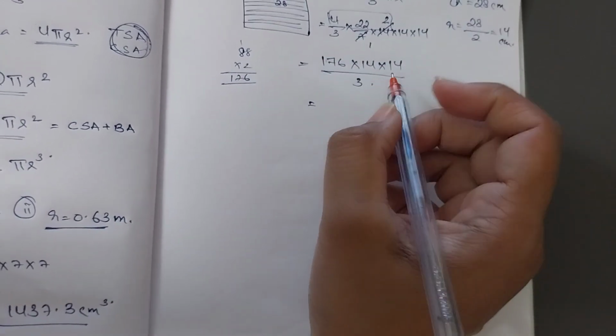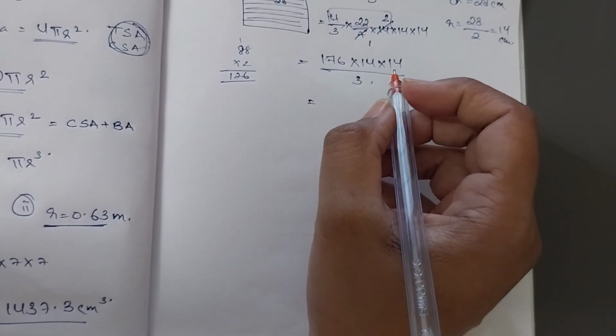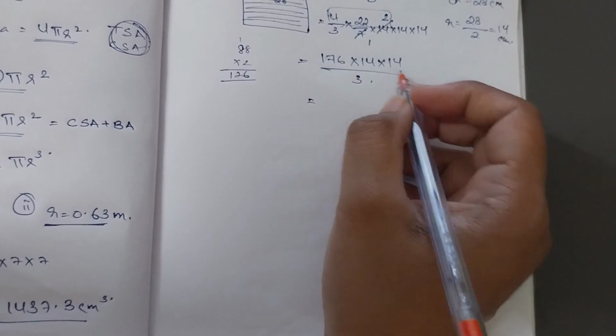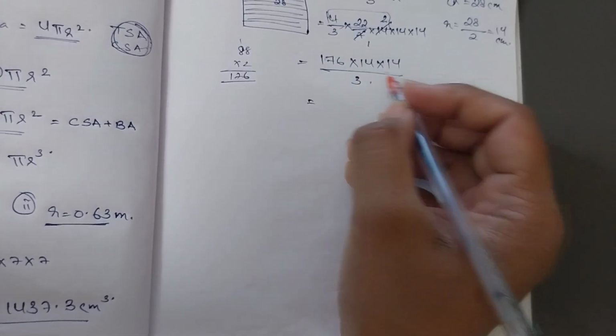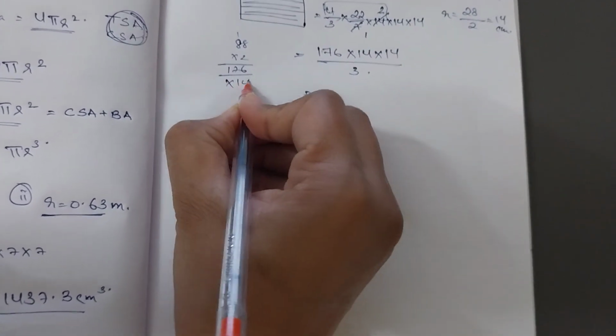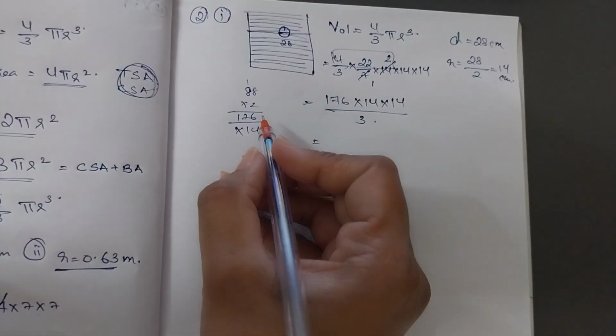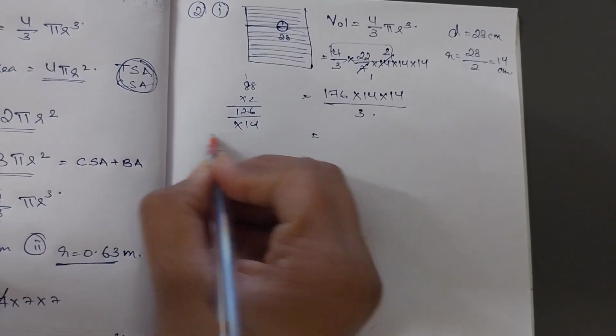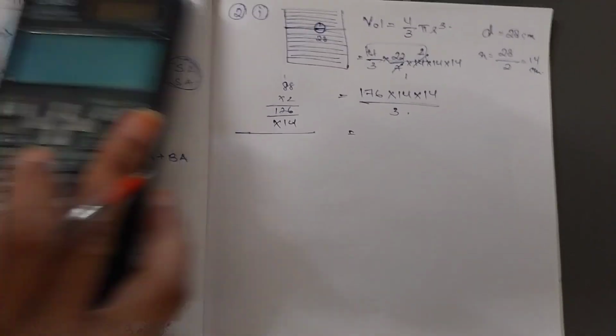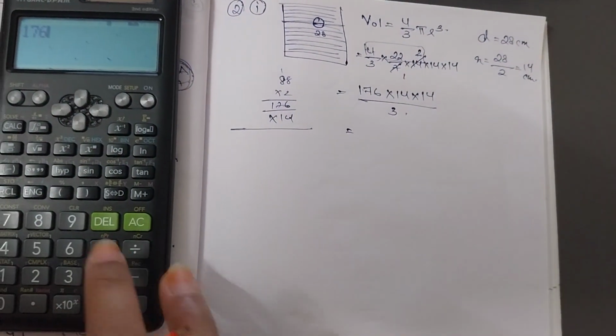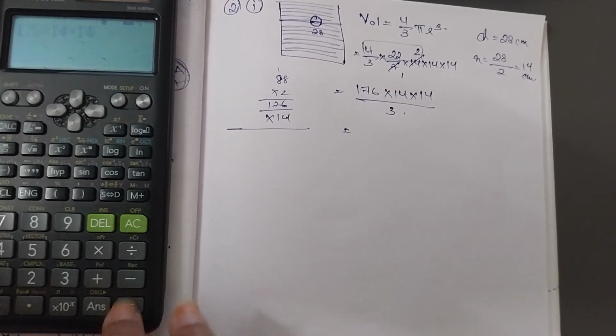So multiplying all of it, nothing can be further divided or cancelled. So 176 times 14. Calculations will be a little difficult in here because you have the cube. I'm not doing the calculations in here, I'm just leaving it. 176 times 14 times 14, that's going to be